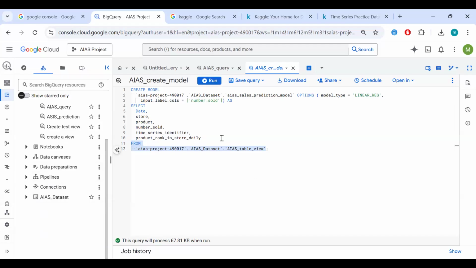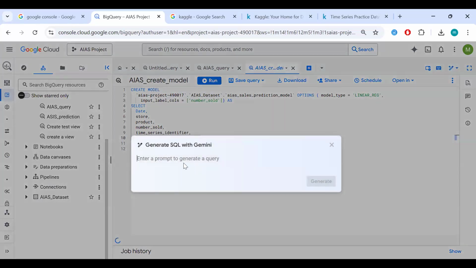And also if you have any problems, you can use the Google Gemini feature to create code. You can use it to create code. So if you have a problem, tell it, I want to create a model using my AIAS table, right?